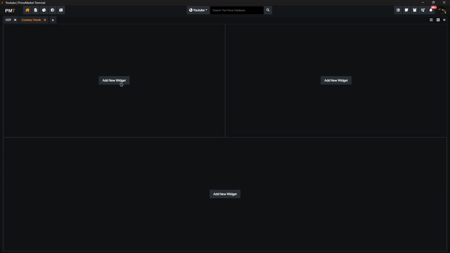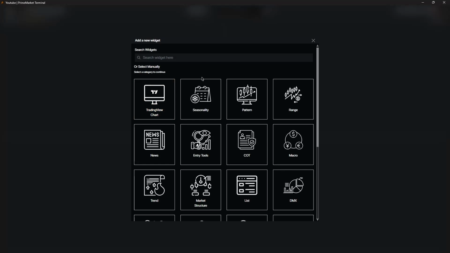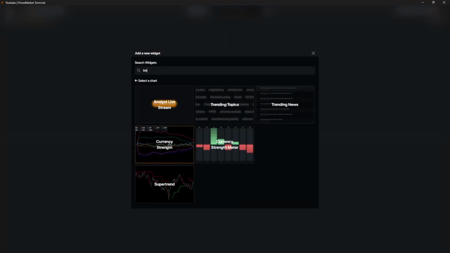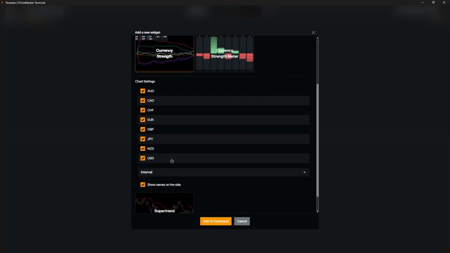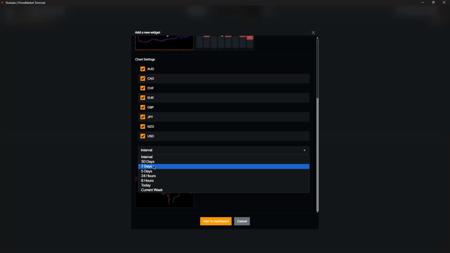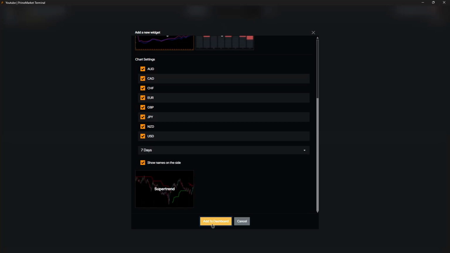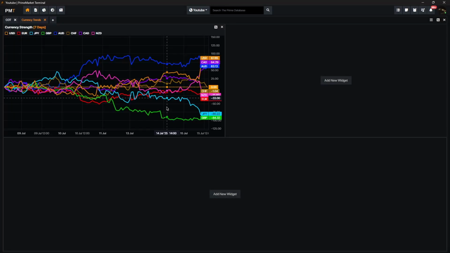And then add widget again. This time we're looking at currency trend. So I think this is currency trend right here. So you can click currency trend and select the interval that you want. So we look at 7 days and add to dashboard. That's all it is. And now, as you can see, we're seeing all of the major currencies and their trend in